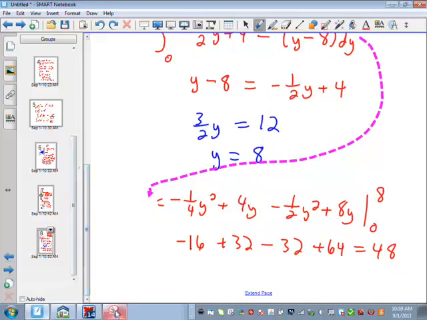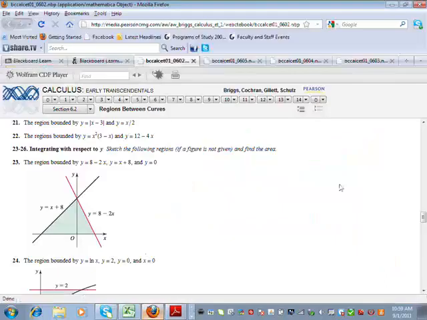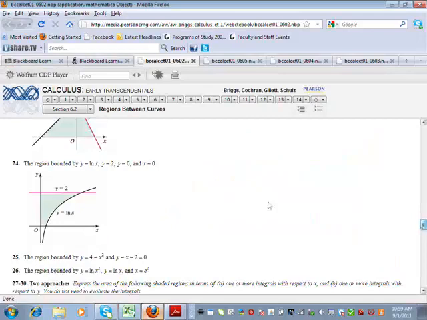All right. Questions about this? Okay, I hope we have the basic idea. I'm going to give some homework on it. Let's just look at a few others to talk about game plans. Hopefully this is straightforward. Okay, so how will we set this up? Tell me what the integral is. The integral from where to where? Where's y going? From 0 to 2. The integral from 0 to 2 of